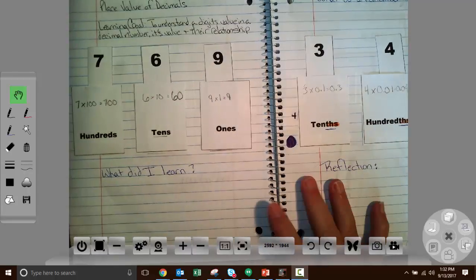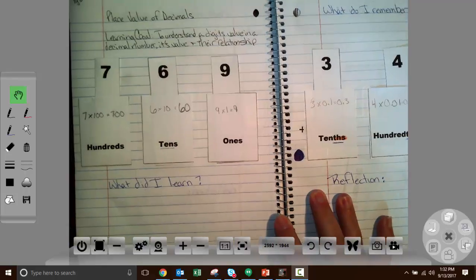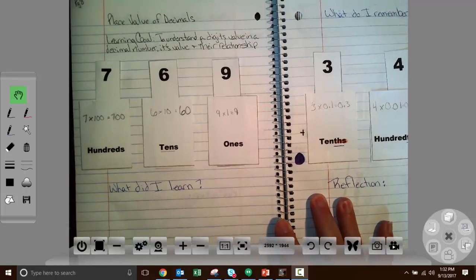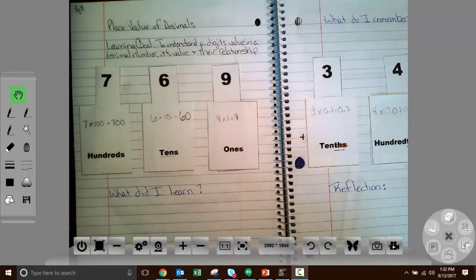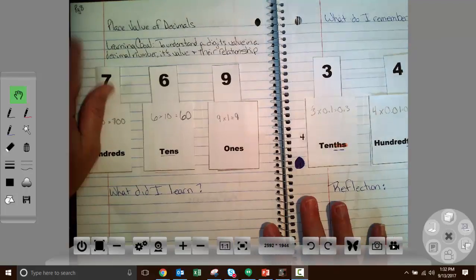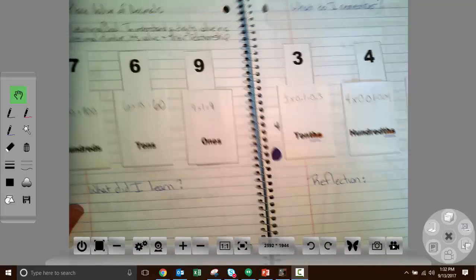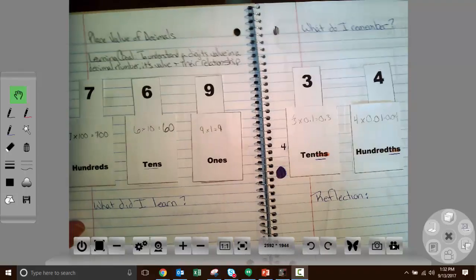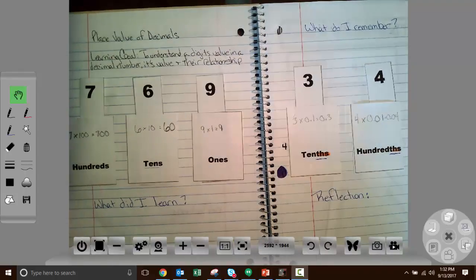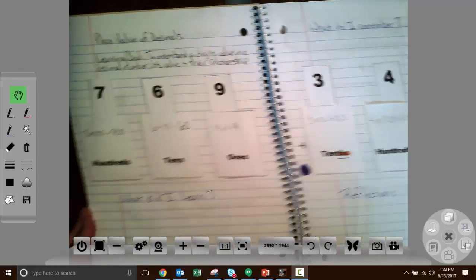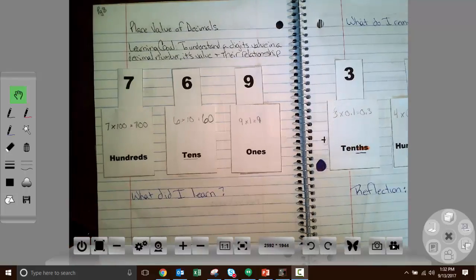Hi everyone, it's Mrs. G. This is a quick email to students and to learning coaches just to go over what the students need to do for math homework today in case there's any confusion. As you know, in our interactive notebook on pages 8 and 9, we began working with a place value chart for decimals. What students should have in their notebook as of today is I had them slide in the